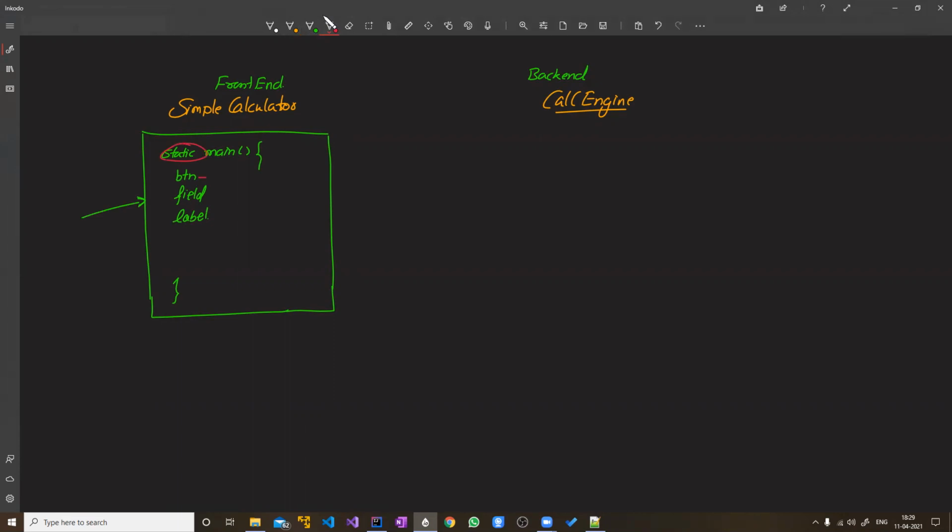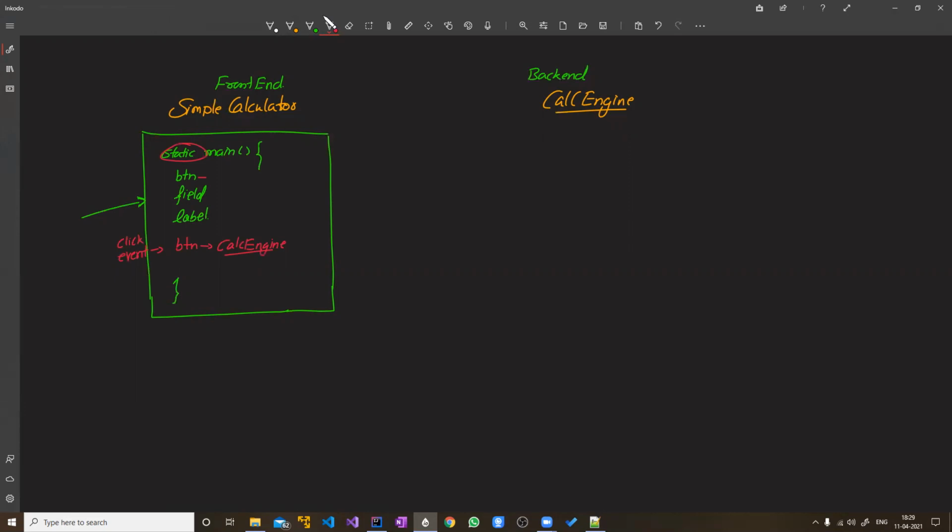So it has a button. In this button, you have actually assigned it to calculator engine. That means you are saying that the event handler, that when this button is clicked, then the calculator engine should take care of that, or calculator engine will have the code to handle that event, right?